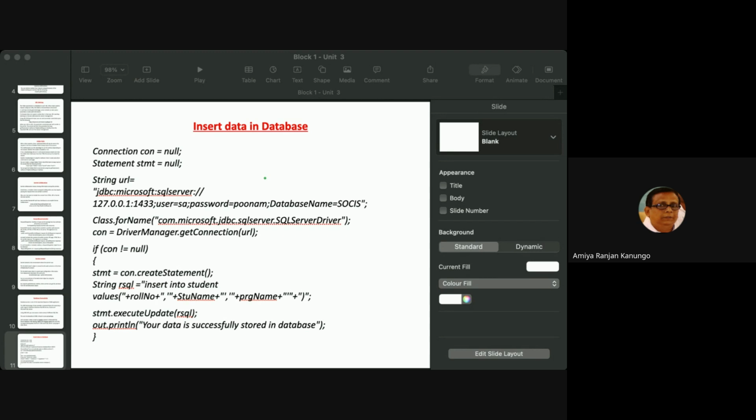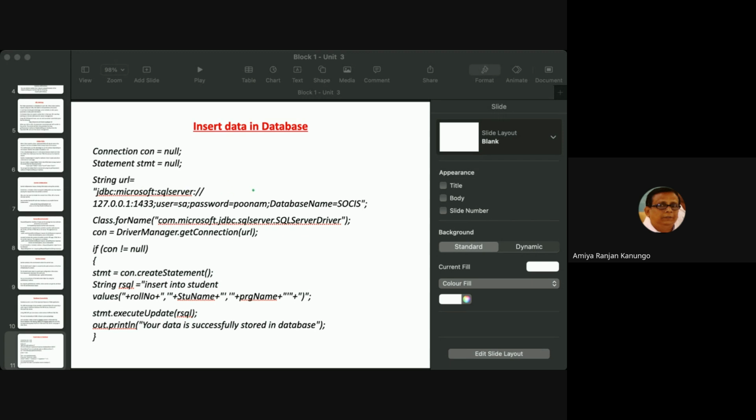The URL object represents our database server, the server that carries the database. So first is the connection object, second is the statement object, third is the object that will represent our database, then fourth